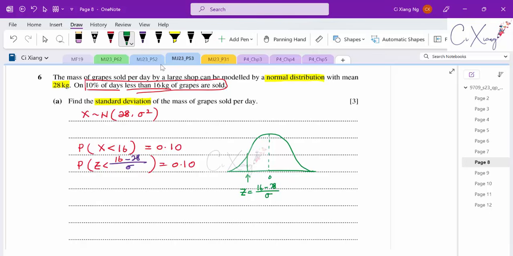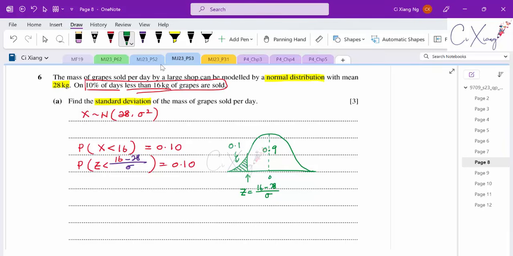It is because when the Z is at this side, it is a negative value, then the area for Z smaller than this value will only get a small area here, which is 0.1. Okay, then of course the complement area will be 0.9, because the total should be equal to 1. Alright, so now our aim is to find the value of Z, the critical value from the normal distribution